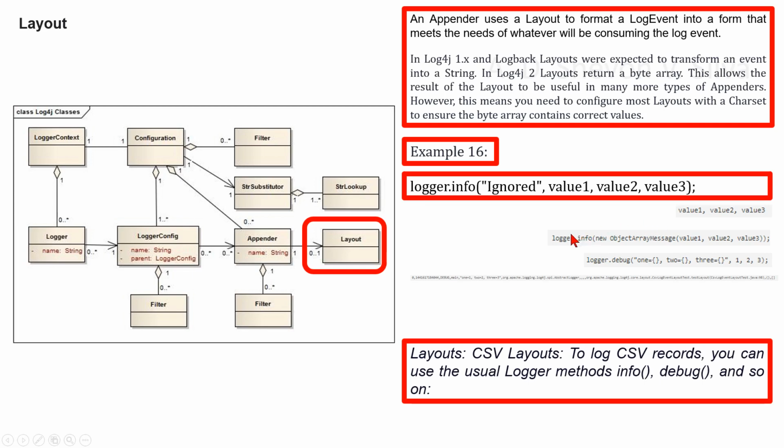Alternatively, you can use ObjectArrayMessage, which only carries parameters. CSV parameter layout and CSV log event layout can be configured. Logging CSV events looks like this. It produces a CSV record with the following fields: time nanos,